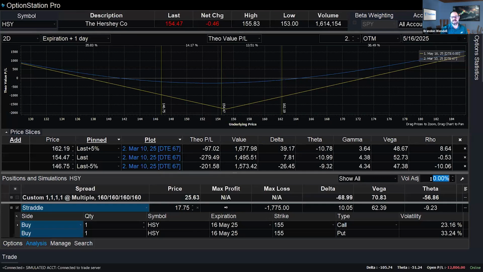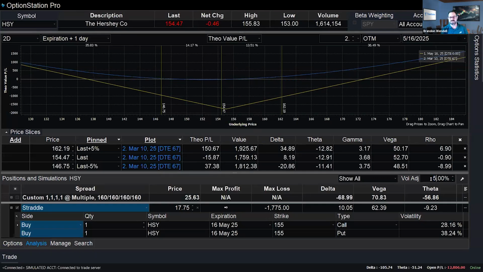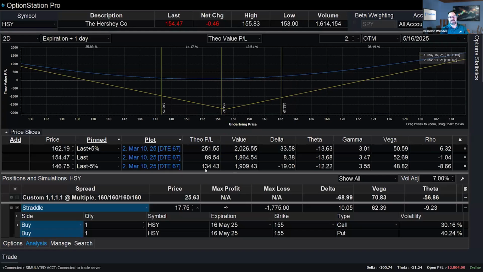So what's going to be the game changer, the big difference? Let's do 5% volatility increase. And look at that. With the price and the volatility increase, that makes the difference right there. That's what I'm saying. The volatility is much more important. That's 5%. 7%. Another profit, right? Everything's in profit. Even if it doesn't move anywhere in price, if volatility goes up by 7%, and that's still below the average volatility movement, right? The average volatility movement is about 10%. So if we go up by 7%, this is profitable. Not a huge amount, but it's profitable, period.